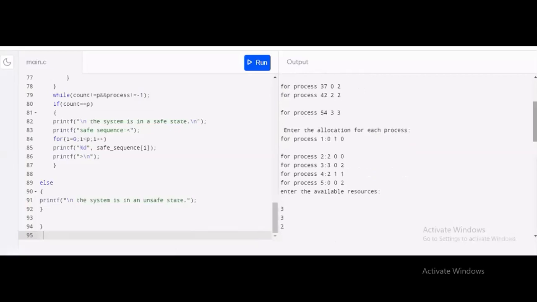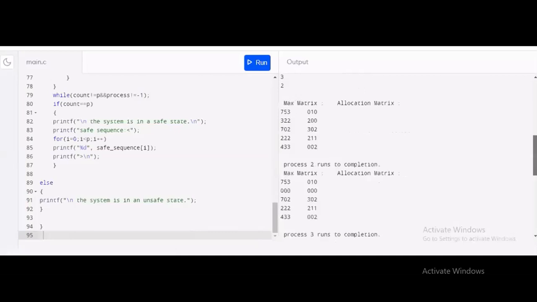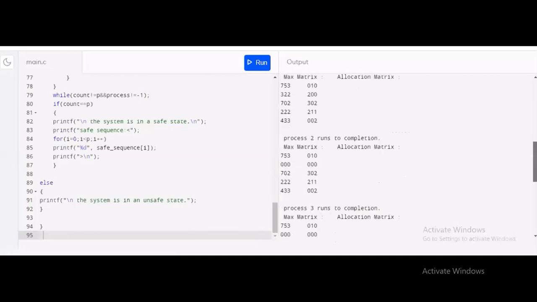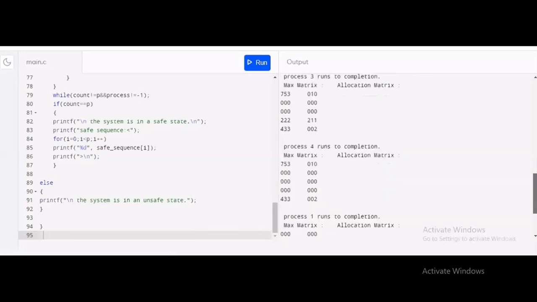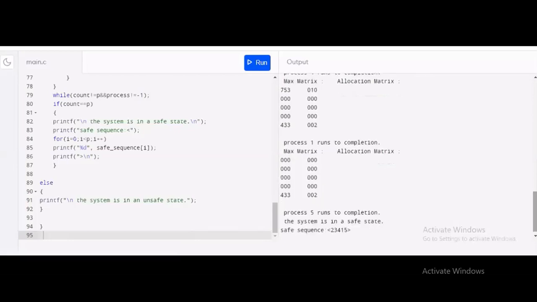Now it will automatically print the result, all matrices. See, the max matrix, the allocation matrix, and according to this, process 2 runs to completion. And again, the max matrix and allocation matrix are changed. Like this, process 4 runs to completion.